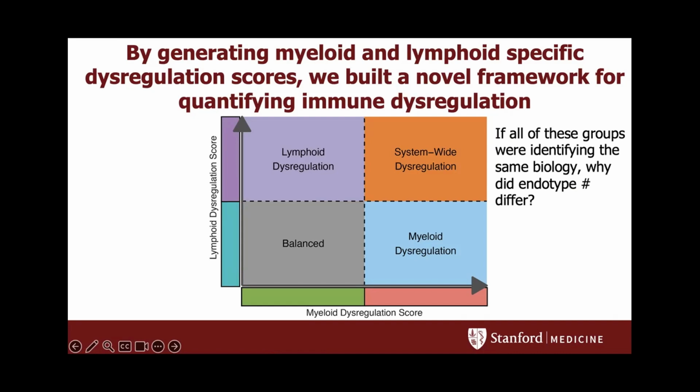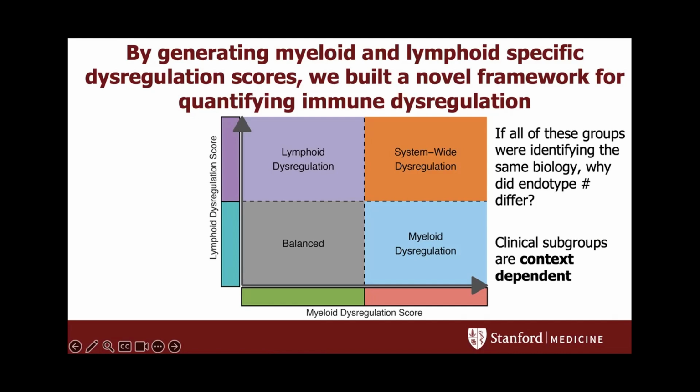And then which axis you evaluate and how many subgroups you define will vary based on your clinical question and the treatment you're considering. For instance, for a medication that targets the lymphoid system, you just want to measure lymphoid dysregulation. Or for one that targets neutrophils, you might want to measure myeloid dysregulation. Or you might just need two subgroups, a good and a bad subgroup, versus the more specific four subgroups that we have aligned here, depending on what you're trying to sort out.